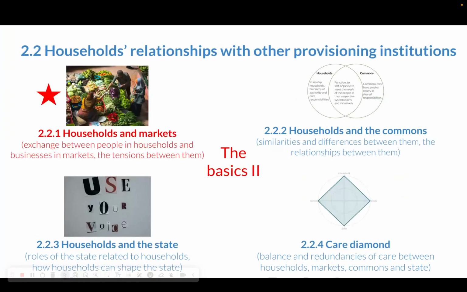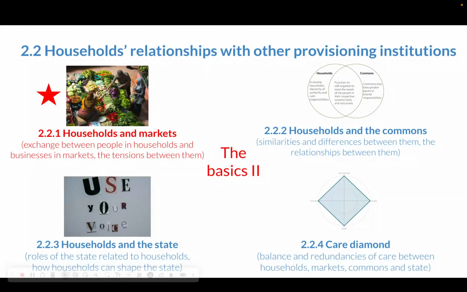Subtopic 2.2 is on households' relationships with other provisioning institutions. So here we're looking at how households and markets are related, households and commons, households and the state. And then together at the end, we have a look at how household care might or might not be balanced